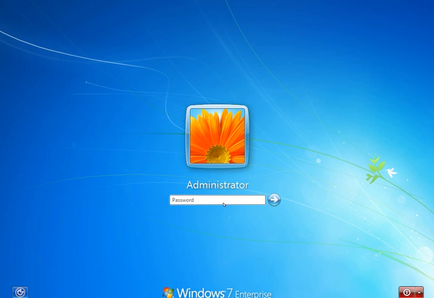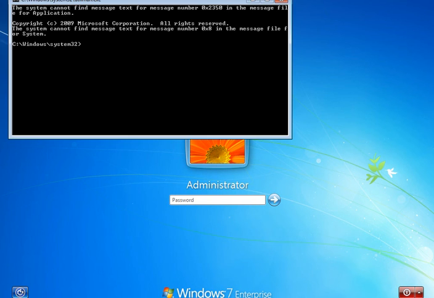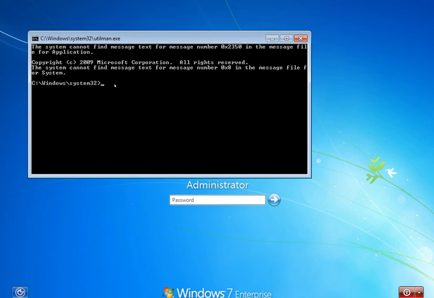Yeah, got it. Still at the same prompt, but as you remember, we have replaced the utility manager with the command prompt. So now if we click on the utility manager icon, rather than getting the utility manager, we are getting the command prompt here.